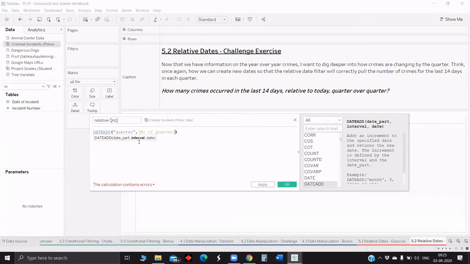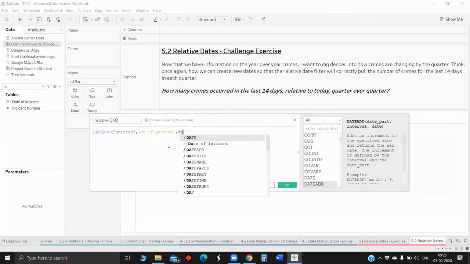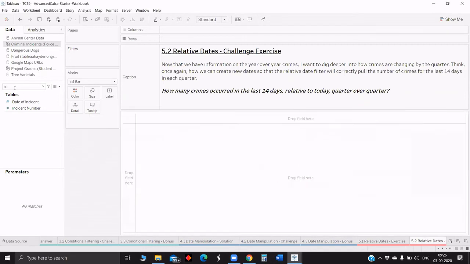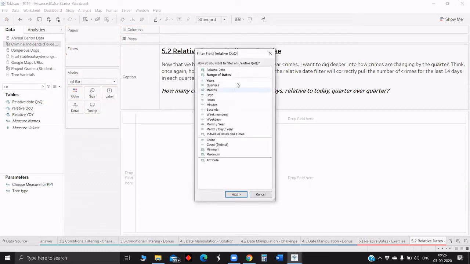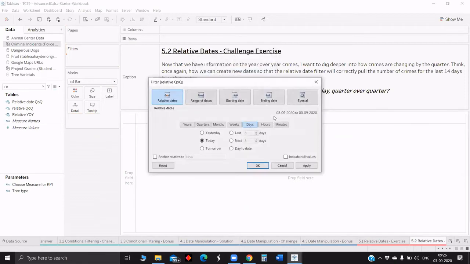And the interval we have given, and what is the date? The date of incident. Okay. Relative quarter also. Relative dates. Then here we will select last 14 days.